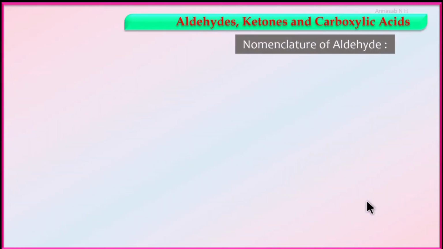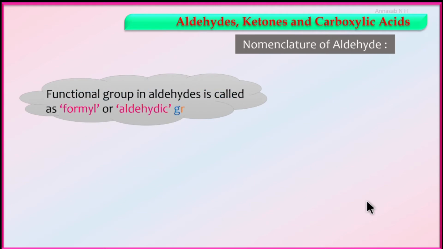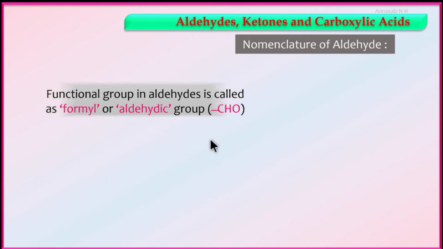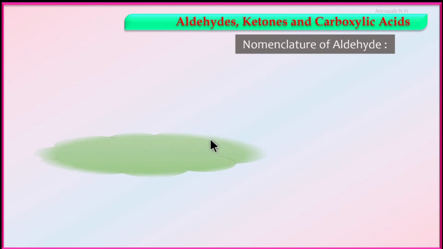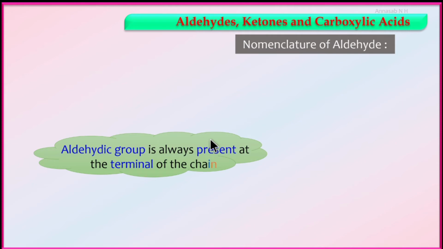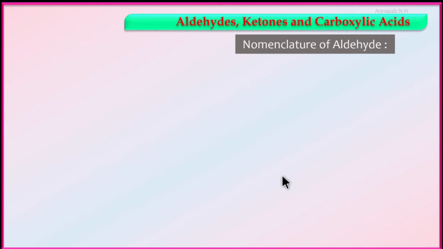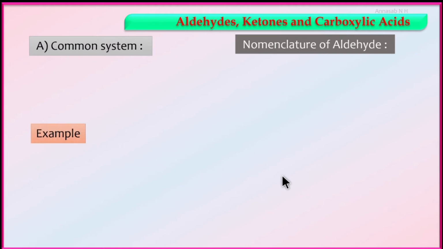Dear students, we know that aldehyde has a functional group CHO, which is also known as the formyl or aldehydic group. And remember, this aldehydic group is always present in the terminal position in the chain. It is never a middle carbon atom, it is always a terminal carbon atom. Moving to the common system of naming, we take an example